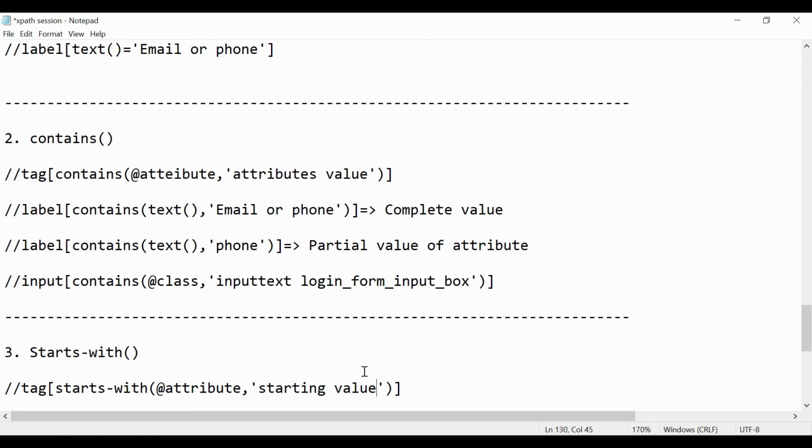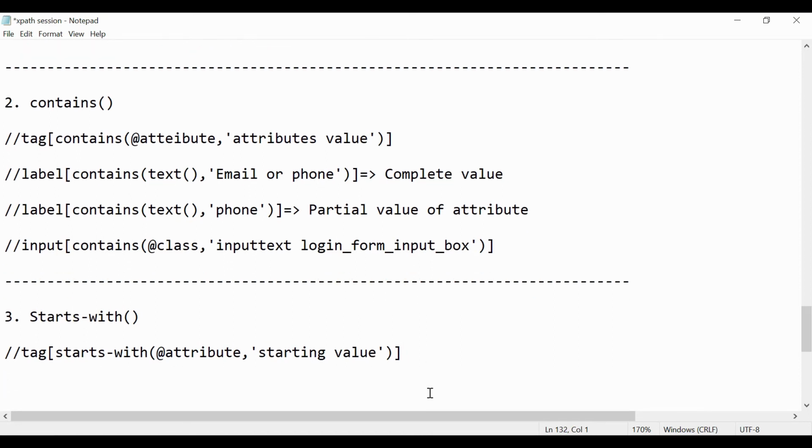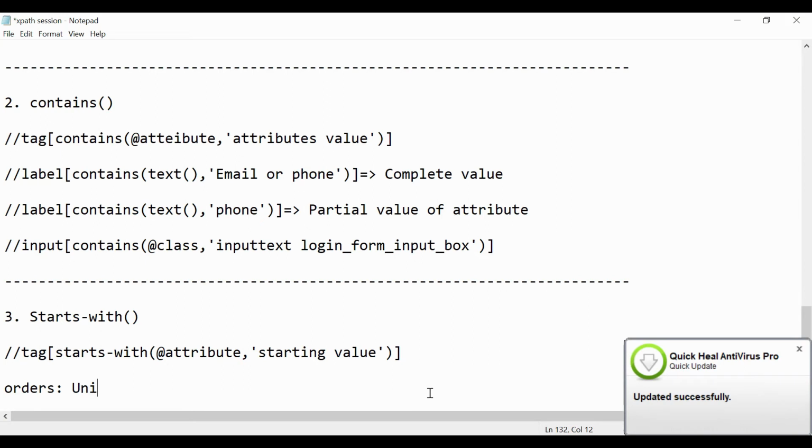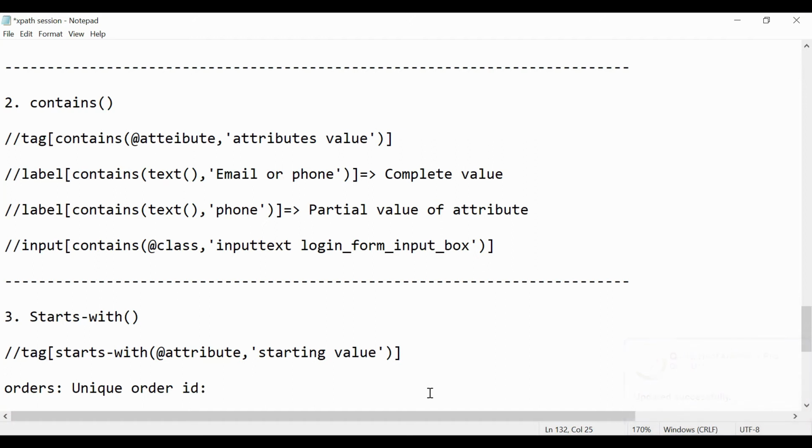Where it is useful: let's say on the Amazon or Flipkart app you place an order. You place multiple orders, and for orders you will get a unique order ID. This order ID is generated at runtime and is dynamic. For example, for the first order you get an order ID like this, order, then slash, order number. For the next order you get something like that.